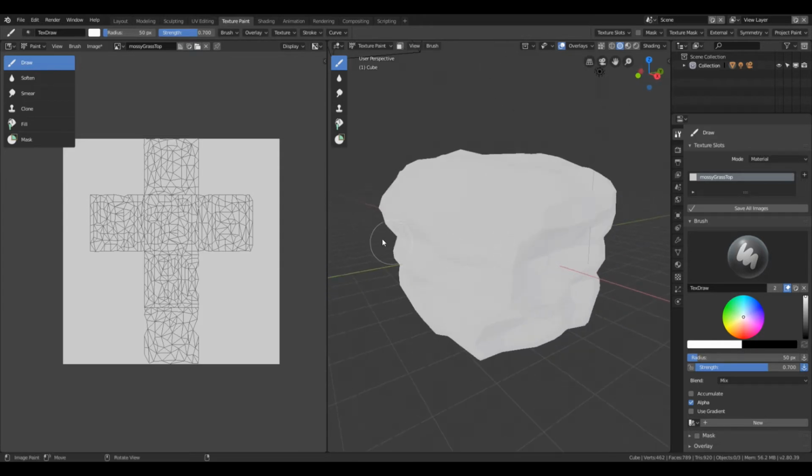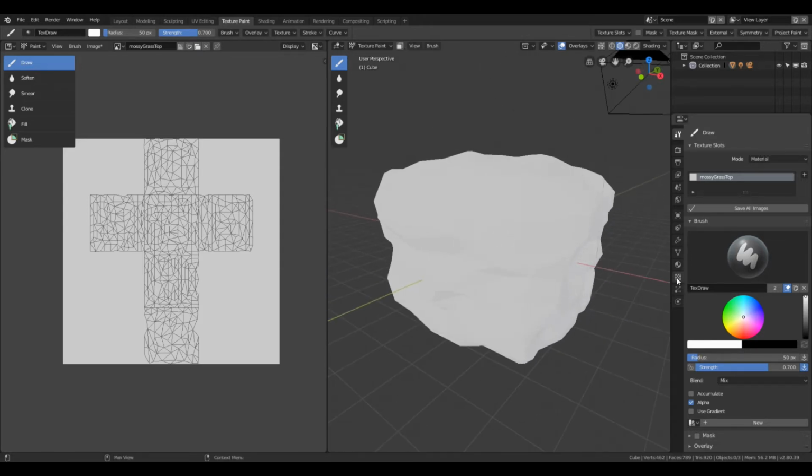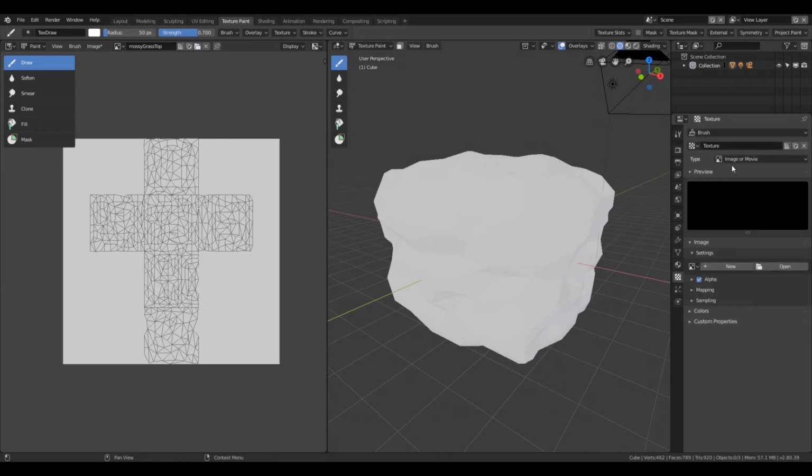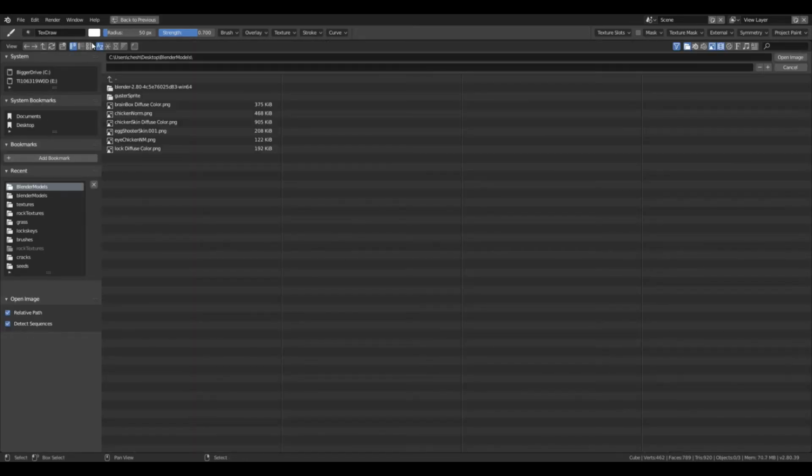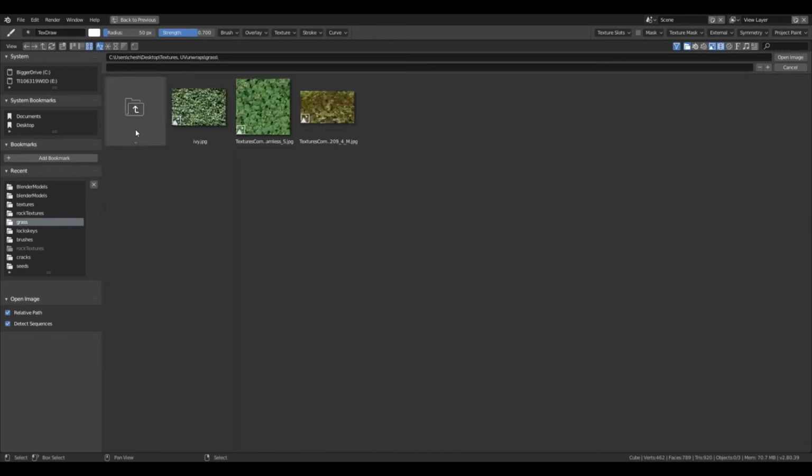Okay, so now that we have this unwrapped and ready to go, we're going to click down here in the tab to the textures, and we're going to add a new one. From here, we're going to add an image or movie, and we're going to add a new one. Again, make this resolution nice and detailed, or at least larger than 1024. 2048 I suggest. And then you're going to select your file for what kind of texture you're going to use. I'm going to use something I selected from engine.Texture.com, and it's called